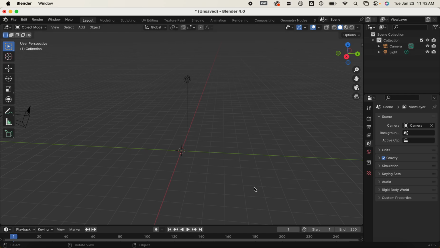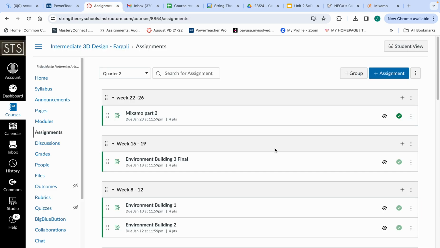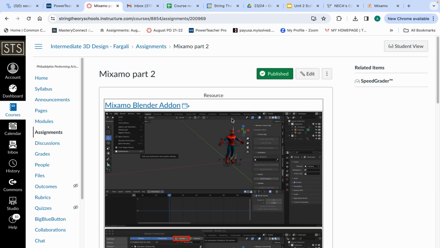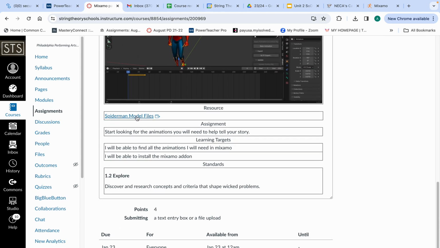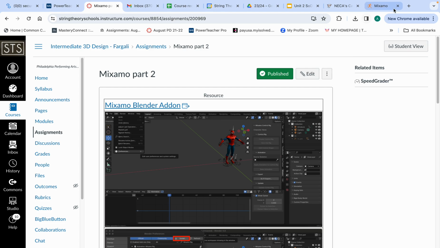Okay, so I'm just going over how we can use Mixamo to get animations. So it should be in our assignments right over here. The add-ons right there. I also have the Spider-Man file here too. So if we go back to Blender,